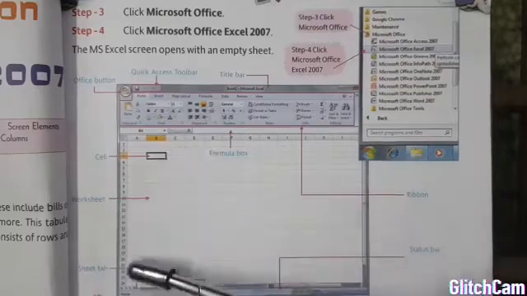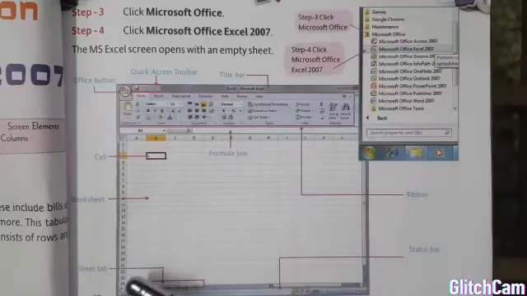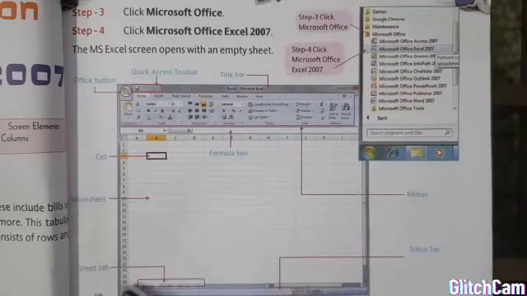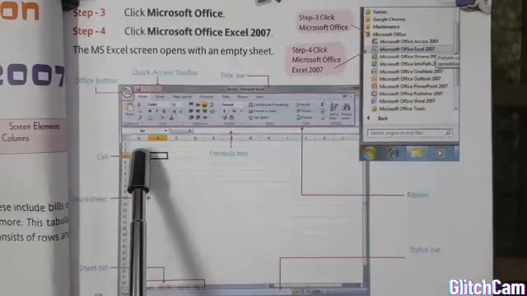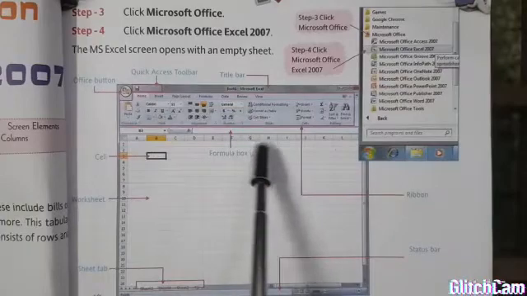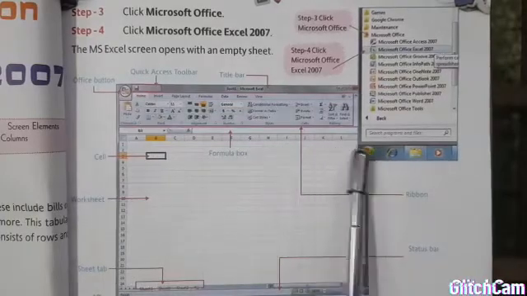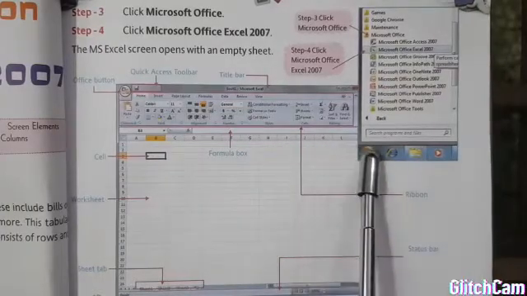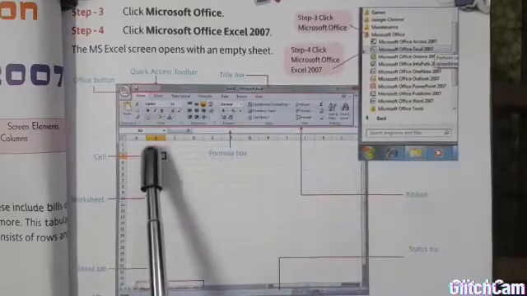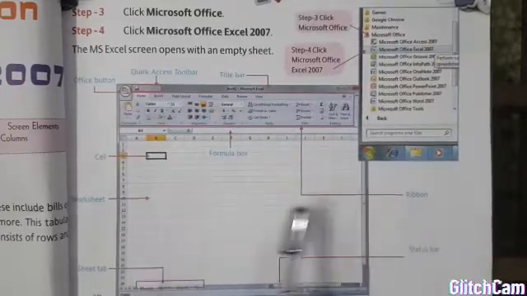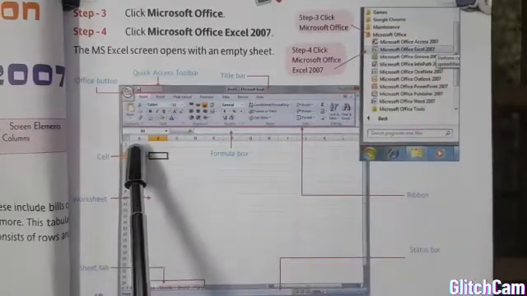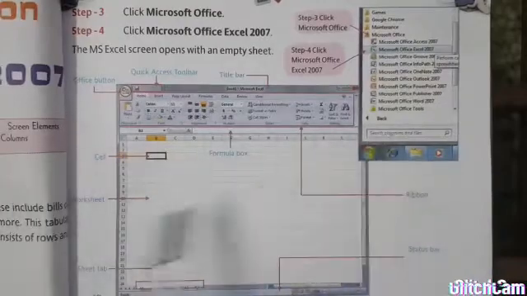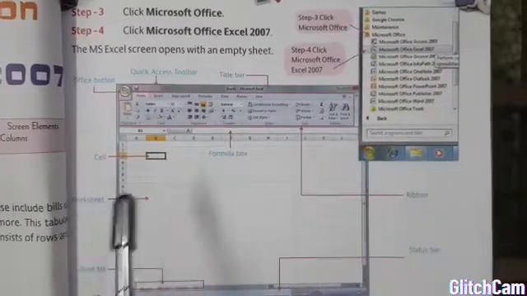When you go up, the screen will also scroll up, and the rows will move. Here are columns A, B, C, D, you can see till K, L, then the last one is M. So when you scroll the screen from left to right, the columns will shift to the left side.